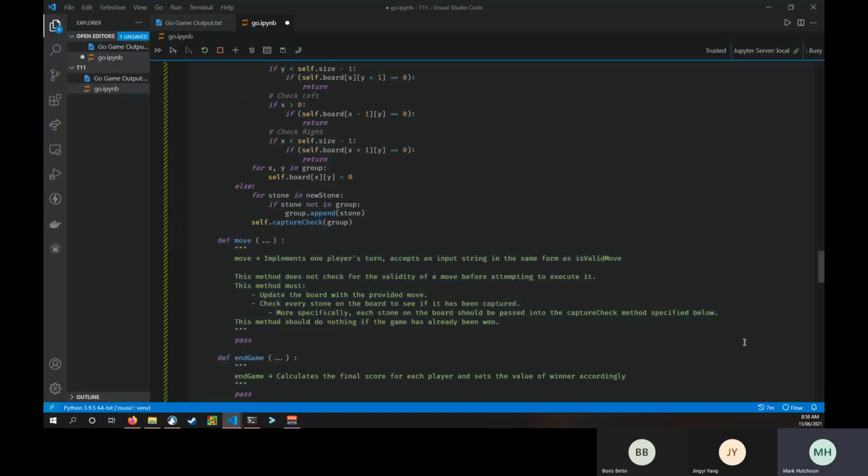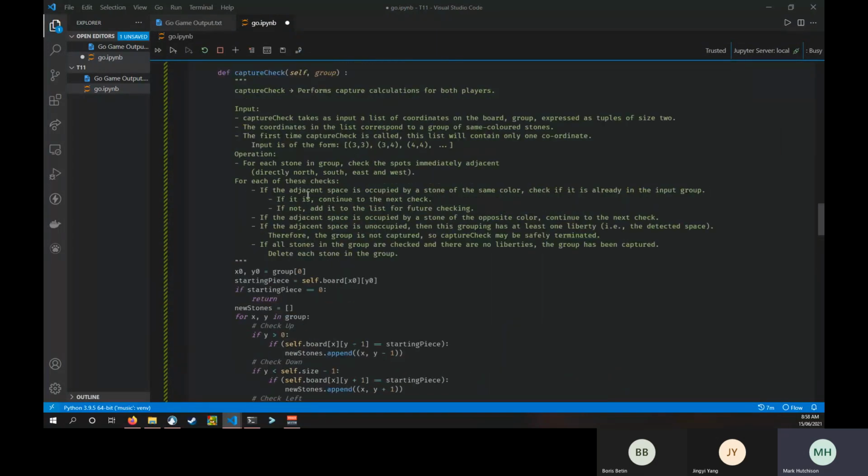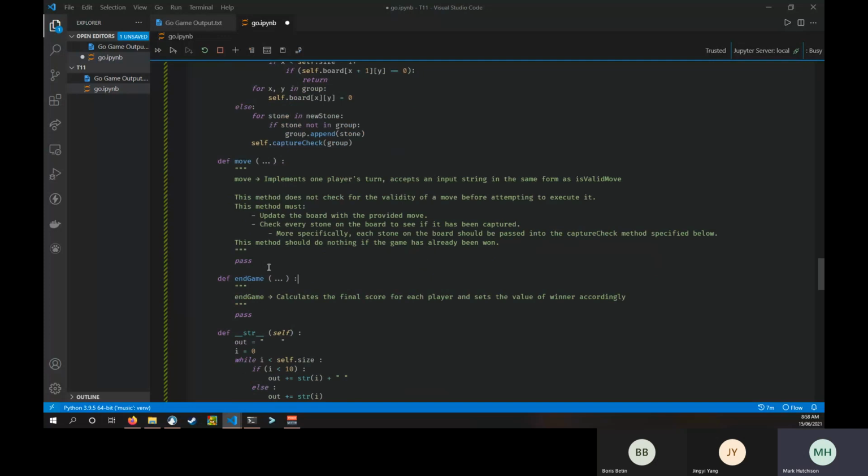Move. This is actually a pretty easy one, but also a pretty complex one. You can see this is noticeably smaller than this. But there's still quite a few things that we have to take into account. So first, what does move take in? It takes in a single player string. So self and input string. Once again, if input string is a P, I know we checked for this in valid move, but